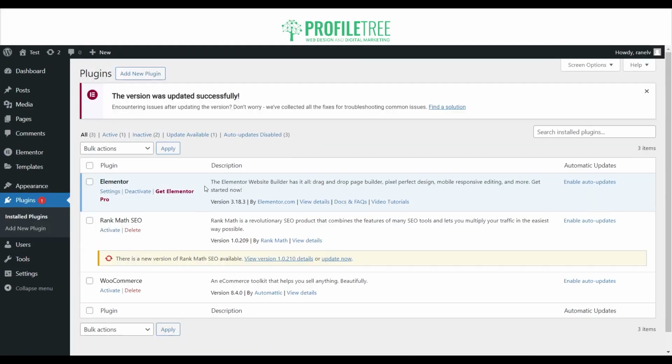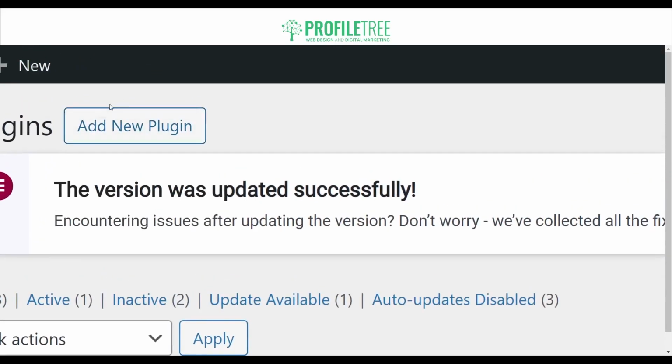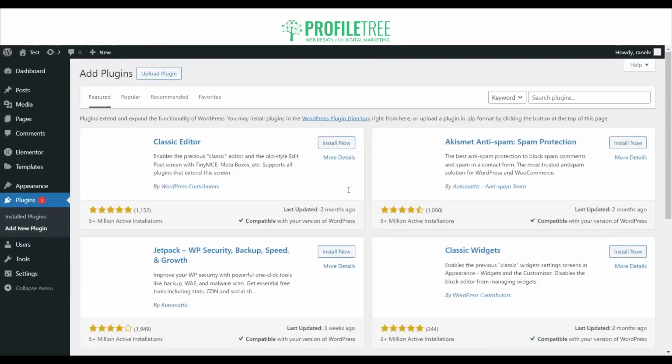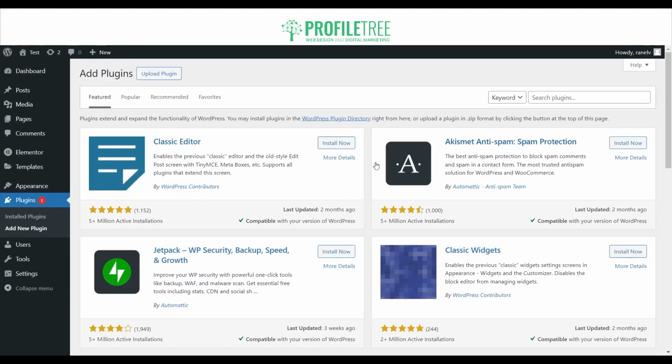We currently have 3 different plugins, but before I show you those, it is easy to add a plugin, and you'll see it on the top left, but just beside plugins under new, you'll see add new plugin. So once you've clicked on that, this will direct you to here, which is add plugins, and then this is where I can search up some plugins of choice. So if I say